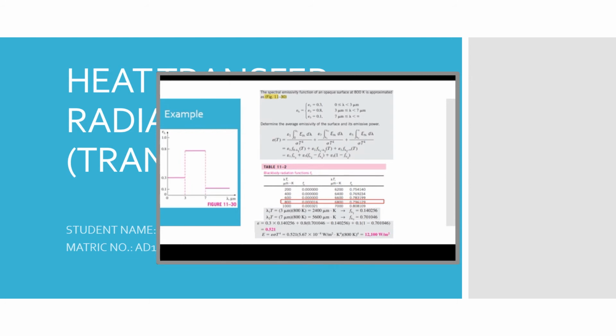Note that the radiation function from 0 to lambda 1 equals the radiation function at lambda 1 minus the radiation function at 0, which equals the radiation function at lambda 1, since the radiation function at 0 equals 0. And the radiation function for lambda 2 approaching infinity equals the radiation function at infinity minus the radiation function at lambda 2, which equals 1 minus the radiation function at lambda 2, since the radiation function at infinity equals 1. Substituting